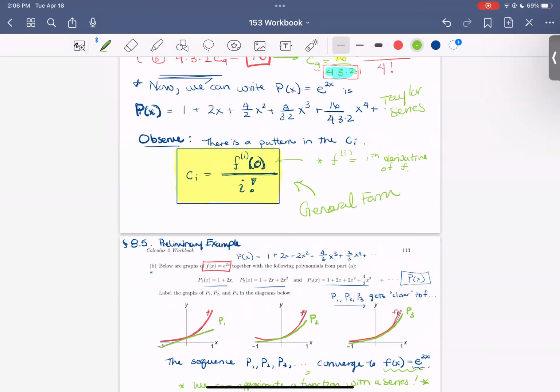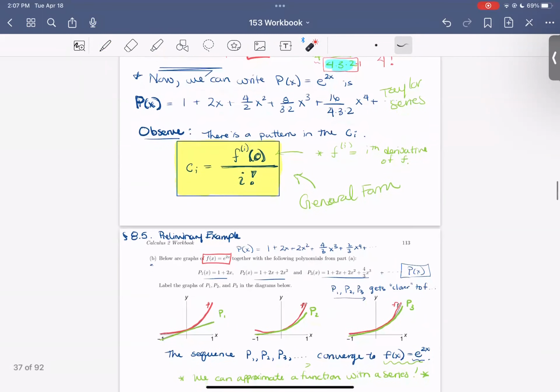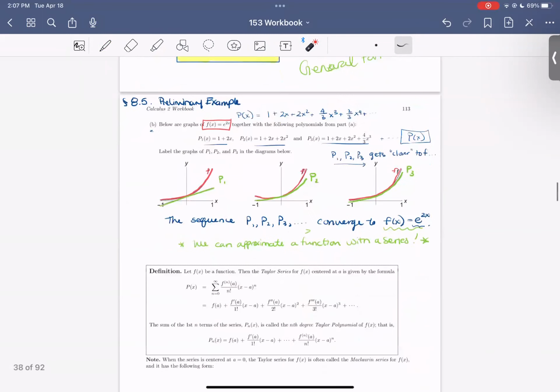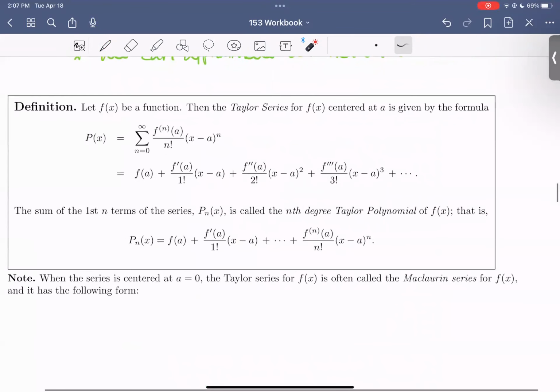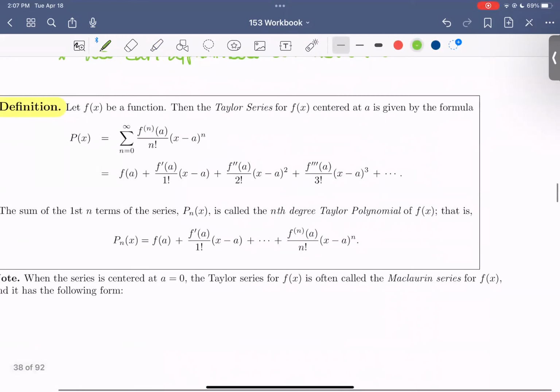We used our function f of x equals e to the 2x to find those specific coefficients, but the same form works to compute the coefficients in general. But let's take a look at that definition to formalize it a bit more. So here's our definition. Let f of x be a function, then what's called the Taylor series for f